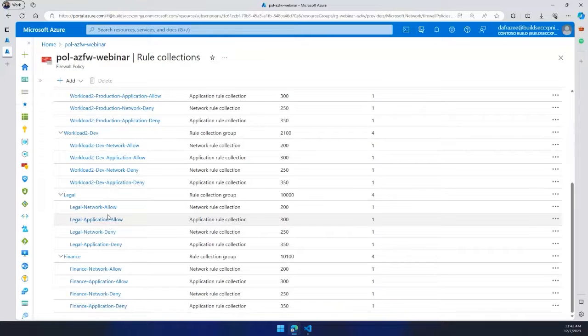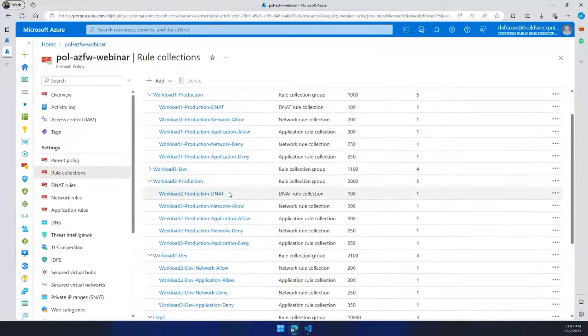And then as you can see here, I also have some rule collection groups for legal and for finance. So if you are completely out of an on-premises environment now and you manage everything within Azure, you could just as well create rule collection groups for different pieces of the business that might need to go out into the internet or communicate to other services within your organization. So that is an example of rule collection groups